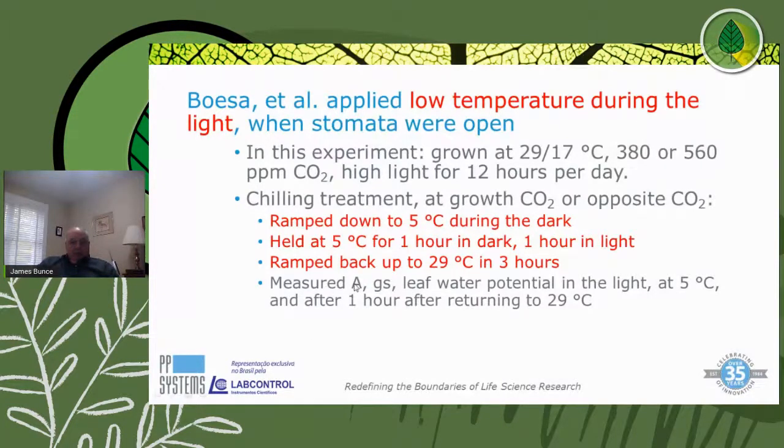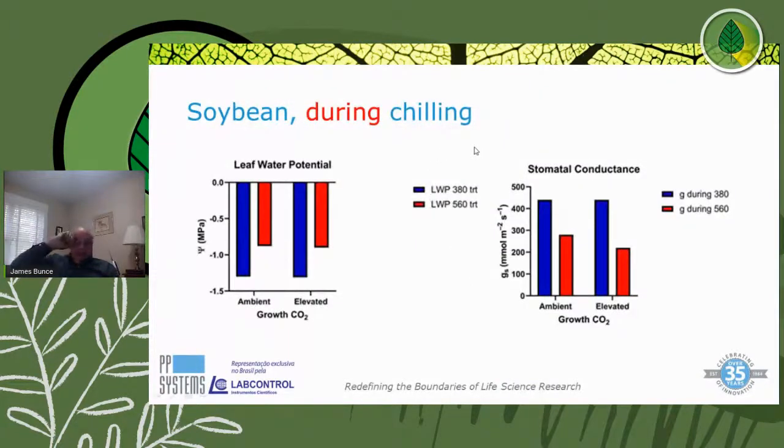So we measured assimilation rate, stomatal conductance, and leaf water potential in the light at 5 degrees, while they were held at 5 degrees for an hour in the light. And then again one hour after returning the plants back up to 29 degrees. So we looked at photosynthesis, stomatal conductance, and leaf water potential at the low temperature, and then after returning them to the light. So in soybean,